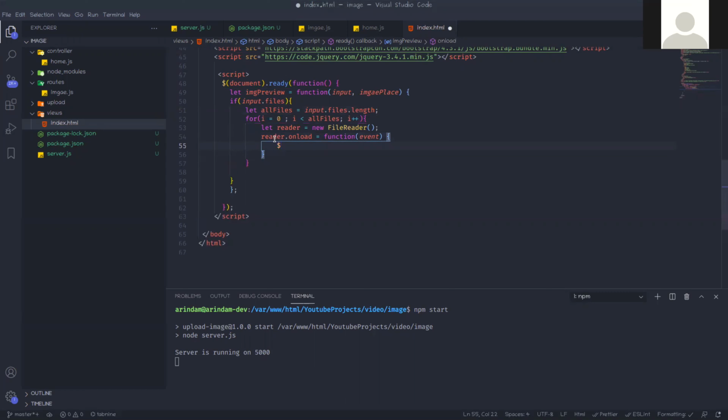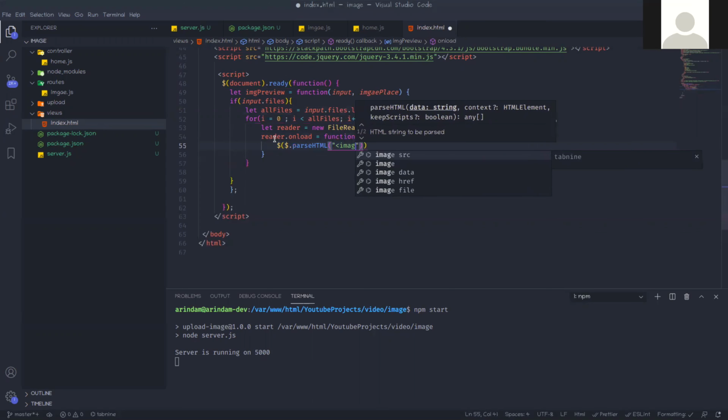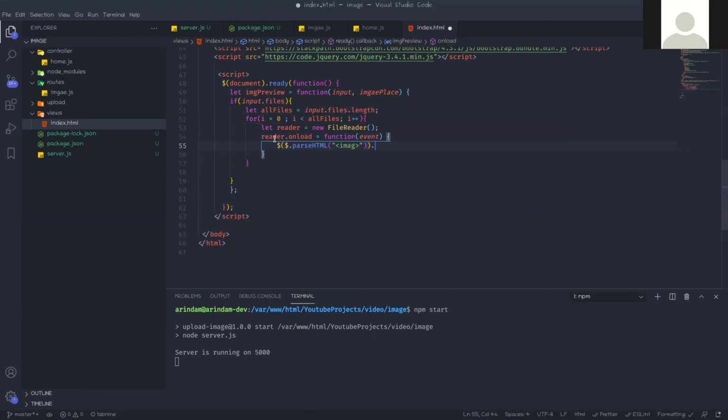We are using parseHTML, so we are creating one HTML image, and the source attribute should be event.target.result.